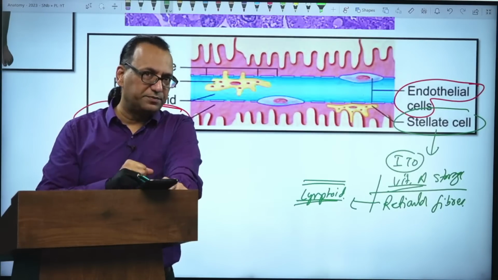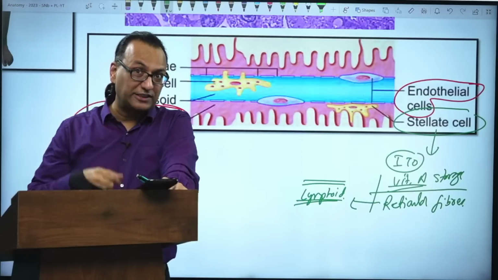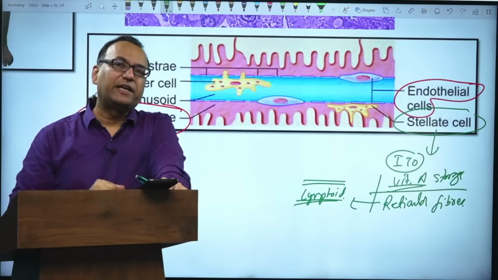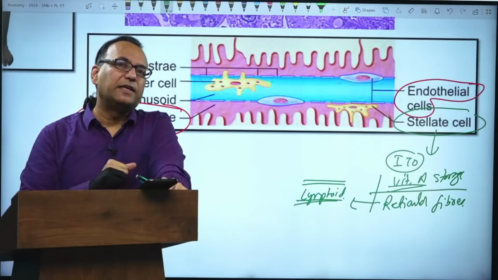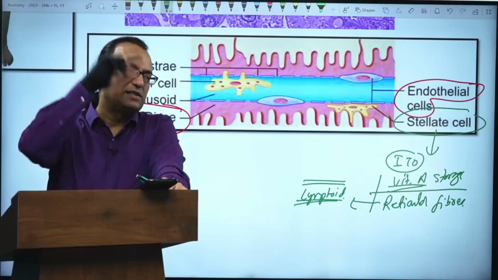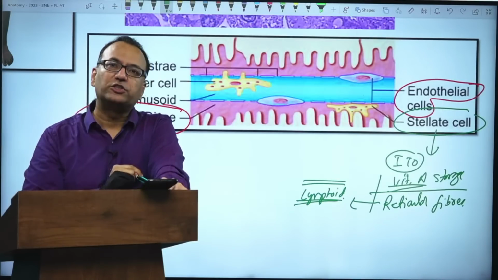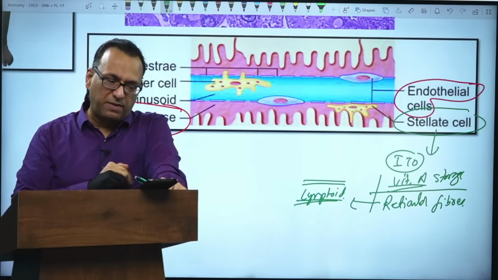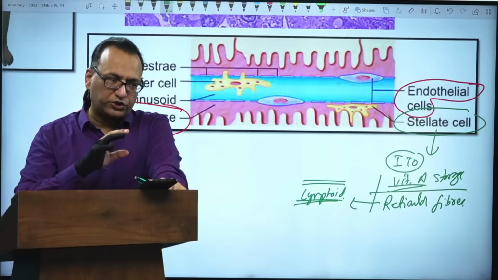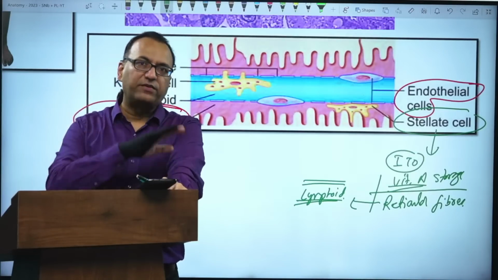Then I'll tell you another. This is an All India PG question that recently came: portal hypertension, anastomosis between left gastric vessel and azygous vein. These are 20 years back questions. They have reappeared. So my point is, of course, if you do not have time, do the last 5 years, but if you have time,